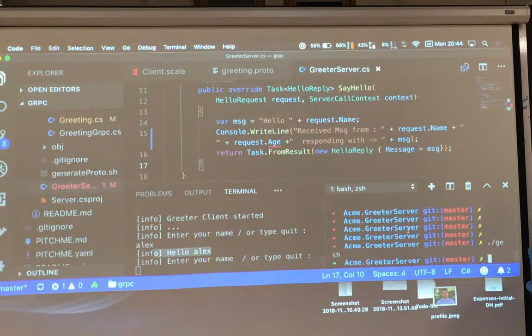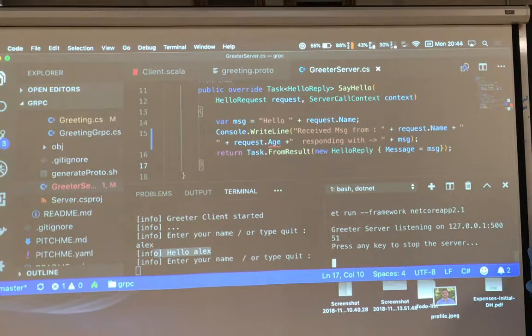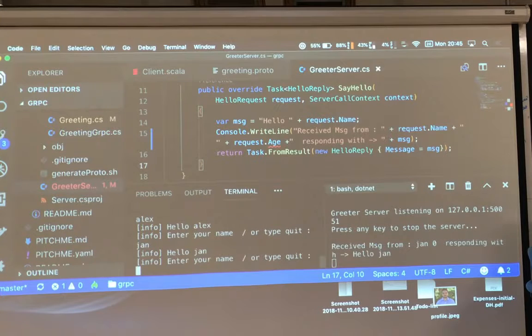If I run this, it will compile the code. I've now upgraded my definition of my request message. This is the same process, I haven't rebuilt it, so it's definitely the old code running. If I say Jan, we see that this is the old one, and the age is 0.